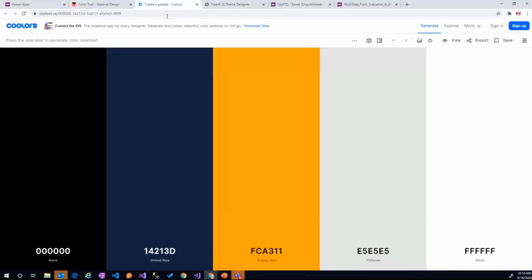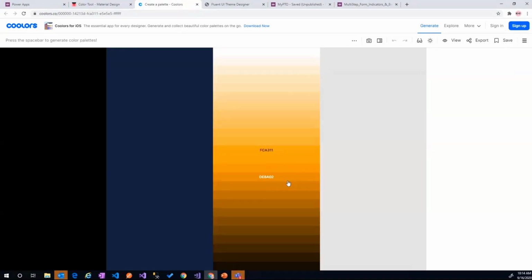Another site that I go to is Coolors. This is another one of my favorites. This kind of keeps it minimal. It gives you a palette with very minimal colors. Let's say we have a black and a white, and then these are just the three colors that are generated. What I really like about this is that you can view shades if you feel like you don't like some of them,